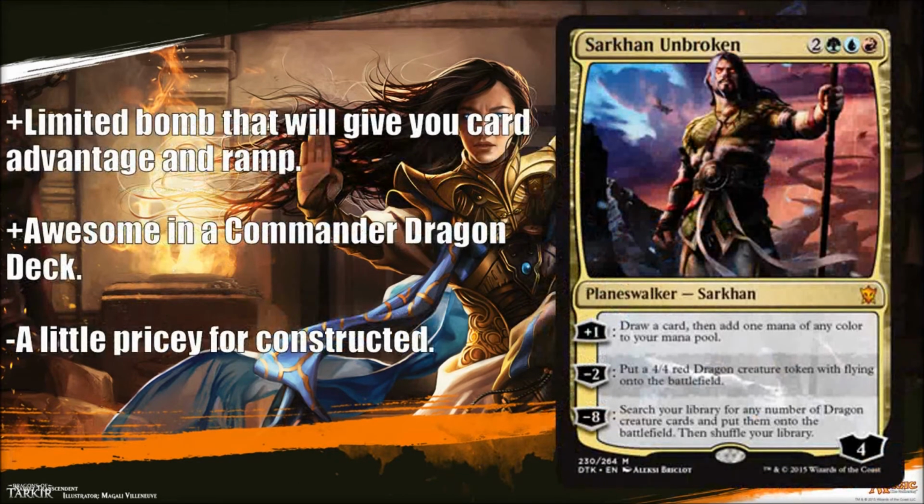Sarkhan Unbroken, and Sarkhan's going for a little bit less than in our set as far as preloaders go, and I think it's just because as far as Standard goes, he's probably not Standard playable. He's just a little too pricey in 3 different colors. However, like all Planeswalkers, he's a limited bomb, and this guy is actually probably better than Narset in Limited,